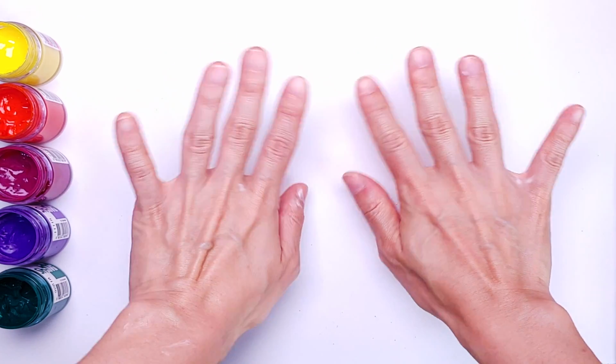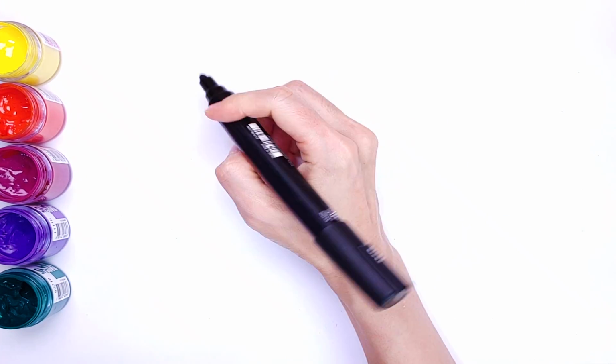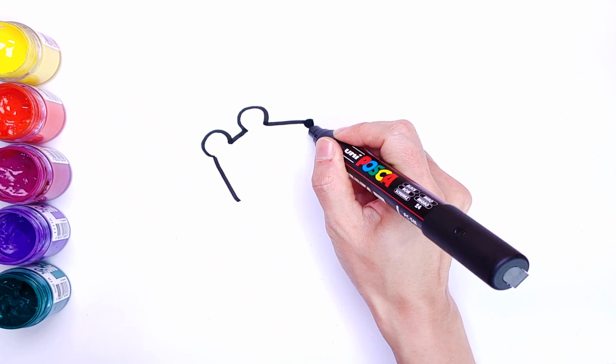Hey guys, it's Jelly. Today I'm going to draw playground. Let's get started. First, I'm going to draw one little mouth, face,